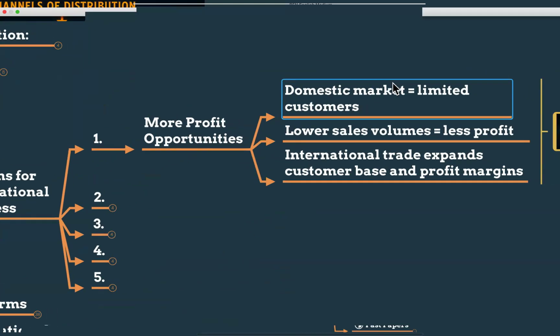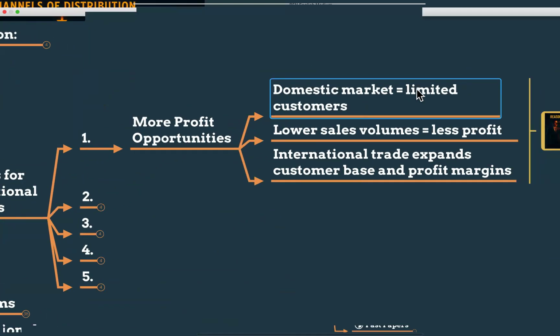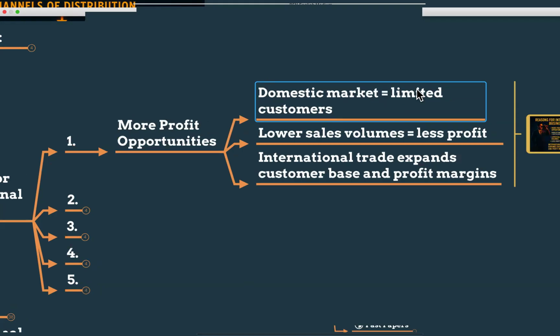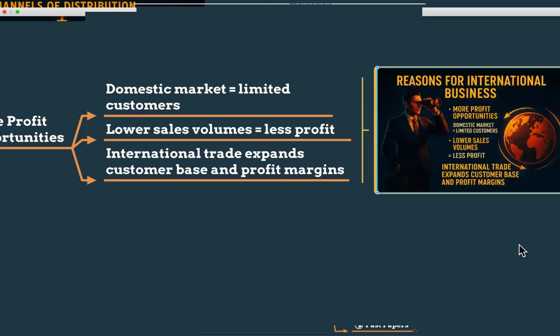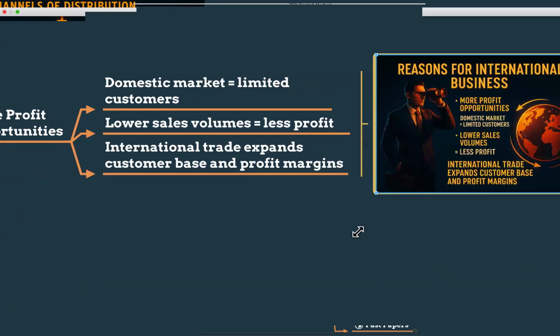Because the domestic market means limited customers. International markets offer bigger earning potential than the domestic market alone. My dears, Sri Lanka has 22 million people. The purchasing power is limited here because we don't have high salaries like other countries. We have limited purchasing power, and also there is only seasonal demand in Sri Lanka. We buy everything for a season only.